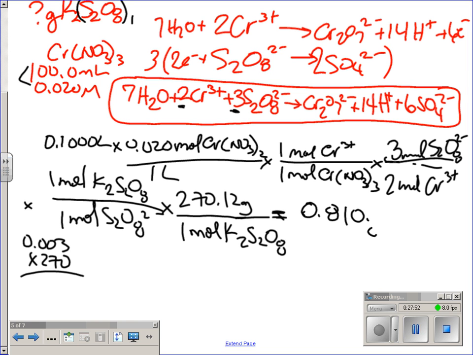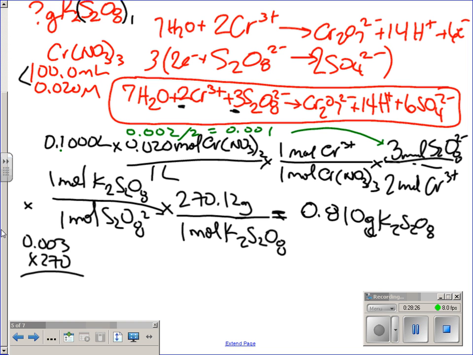Potassium, this thing, potassium. So I'm trying to model a little bit more of the math and mental math, because I know not everyone's keen on that. Earlier I was going 0.1 times 0.02. Well, that moves the decimal back 1, so that's going to give us 0.002. So 0.002 times 3. Well, let's not multiply by 3 yet. Let's see the division by the 2 there. So 0.002 divided by 2 is 0.001. That times 3 is